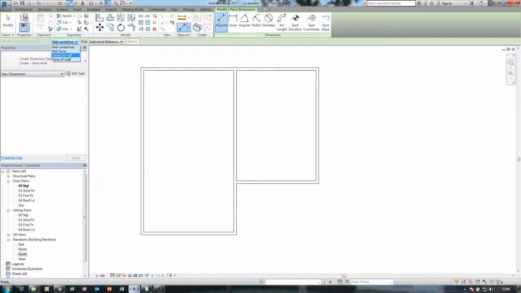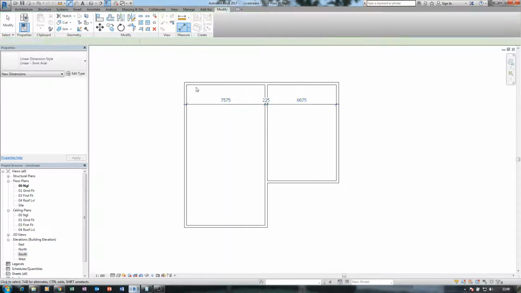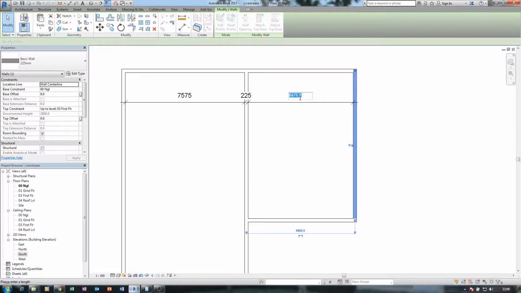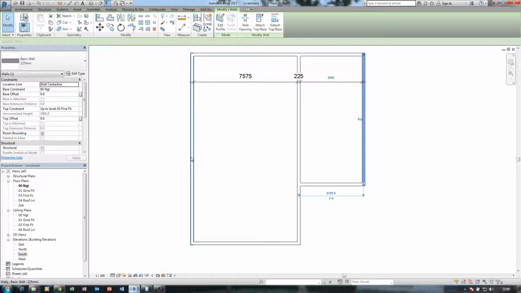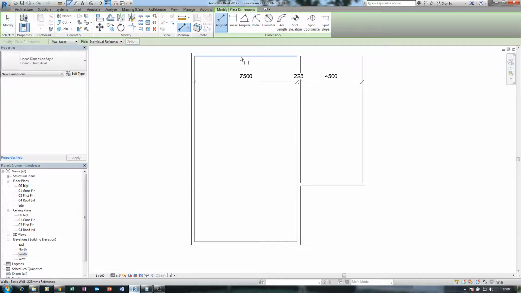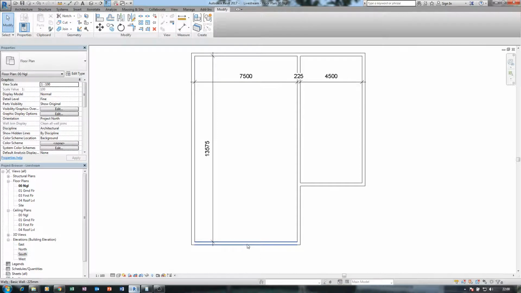I like to use wall faces, and here we are. It's very, very important that I do this, because I think this 6675, let me just put it on 4.5. Okay, and I think this one is all right at 7.5, and I think I can put this one at 9 meters.